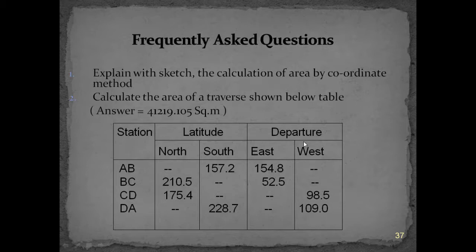You will be having a tabular column. Based upon that, you go on writing the sequence that I have shown, meaning x1, x2, x3, x4 and x1, y1, y2, y3, y4, x1, and you calculate the sum of the products of sum of p and sum of q, and half of the difference of the two is the area required. That is how you will get this area. Okay.